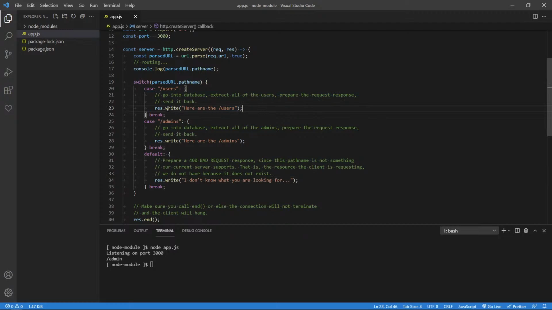So far, we can say that this response is okay, right? Okay, we know what you want. You want the users. Okay, that's good. We understand that. In the case they want /admins, we say, okay, yeah, we understand what you want. You want the admins. Okay, cool. And then